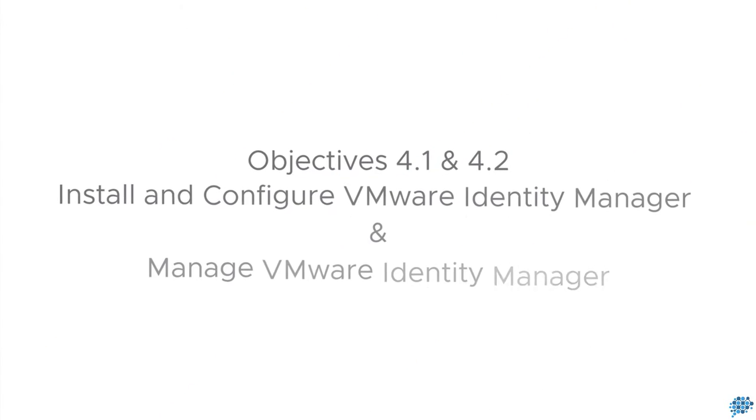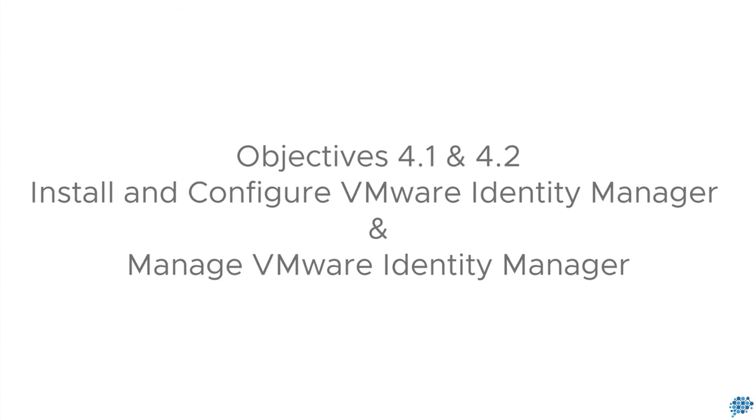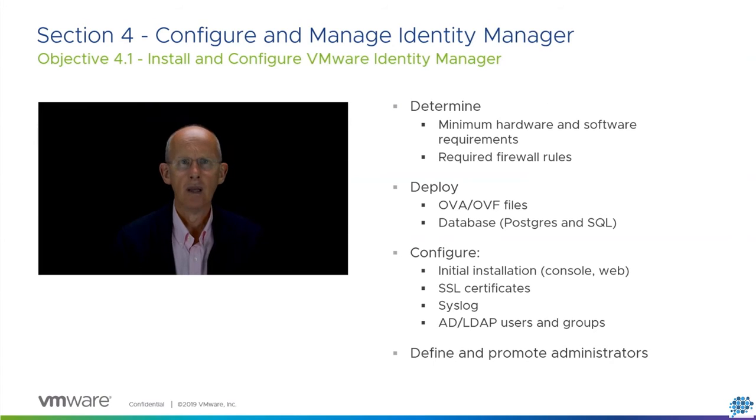In this video, we're going to look at section 4 of the objectives for the Professional Horizon 7.7 exam 2019, where we're going to look at the configuration and management of Identity Manager. So this is configuration and management. So you are going to be asked questions about,